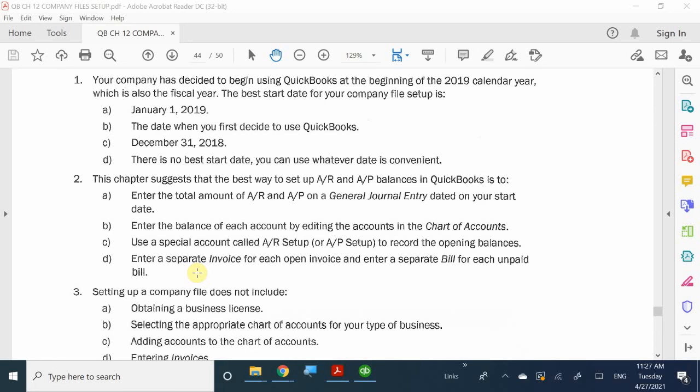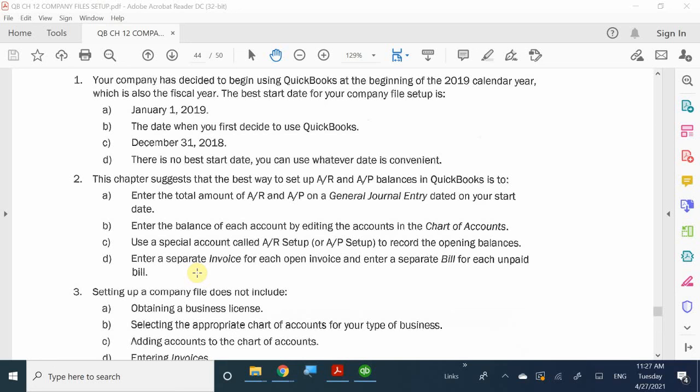B says enter in the balances of each account by editing the account in the chart of accounts. Once again, that's the same thing, right? If we enter accounts receivable as a big lump sum of money, do we know who owes us the money? No. C says use a special account called the accounts receivable setup for accounts payable